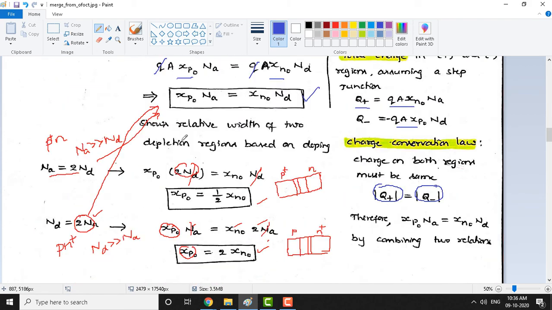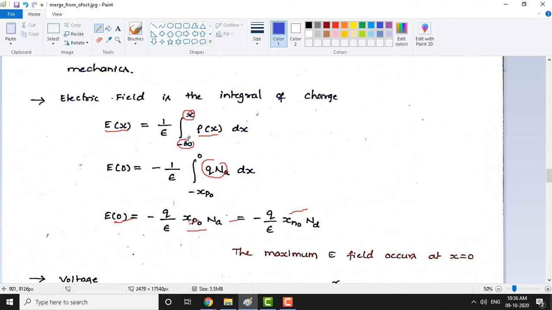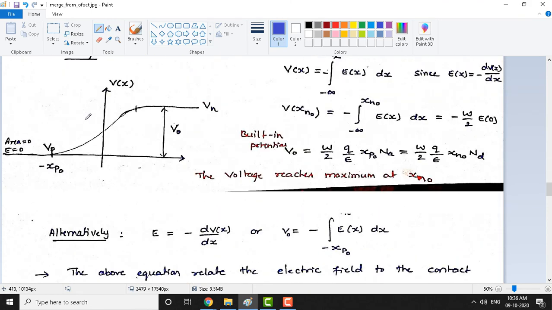Now to find the potential, if you look at this potential graph, you integrate the electric field we have shown here. The electric field is a triangle. What is the integration of this triangle? In another way you can say this is like a linear function, like 2x. What is the integration of 2x? It's a parabolic function. So you can see that this is parabolic, and afterwards it becomes a constant.